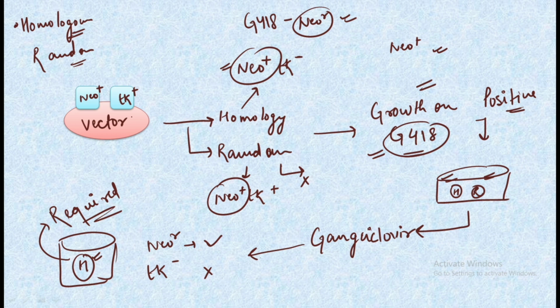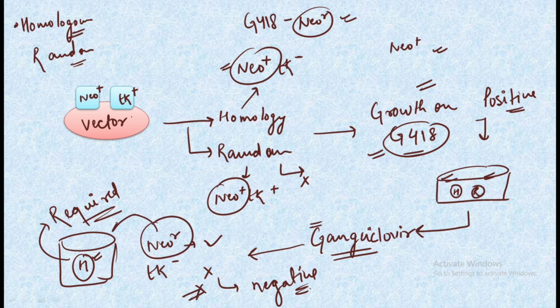Because we are letting the cells grow over it, and then after the complete positive selection we led to the negative selection. Why? Because on ganciclovir the non-required ones would die, so as a result we are having the negative selection of our actual required product. So as a result of growth on the ganciclovir, the TK would not survive and the neomycin would be surviving, and as a result we would be having our homologous integrated regions or the homologous integrated vectors present, which is the required result for this complete experiment.